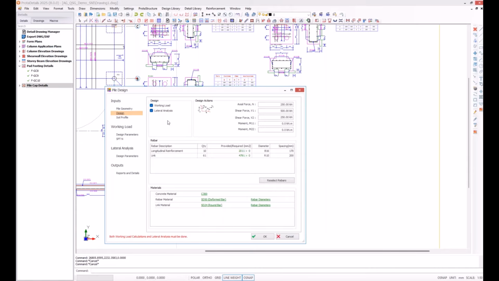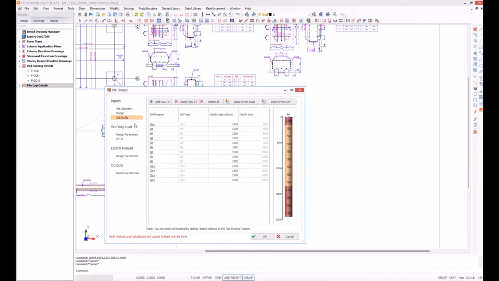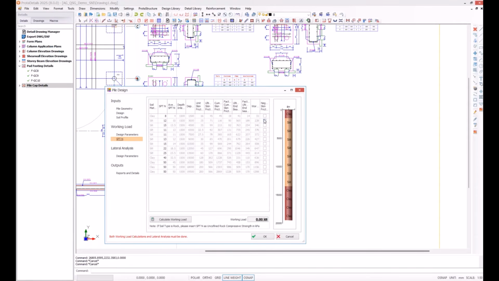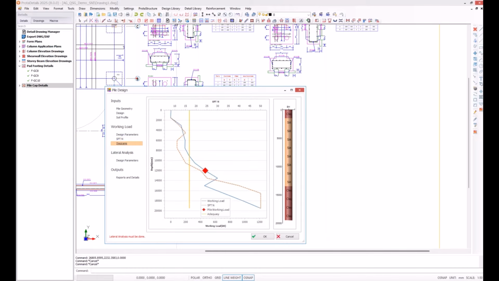Working load and lateral analysis I would like to perform. Of course, first of all I provide the soil profile, and the design parameters and standard penetration test results so that I can calculate the working load of this pile, and I can follow its profile through the depth of it.